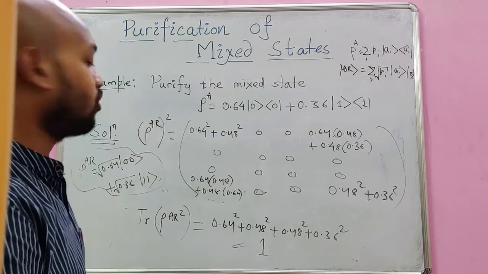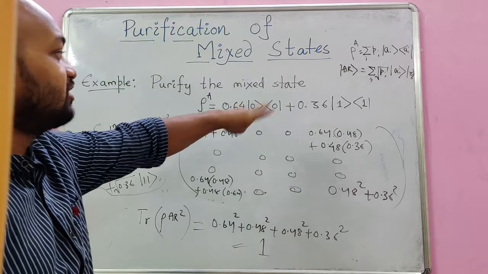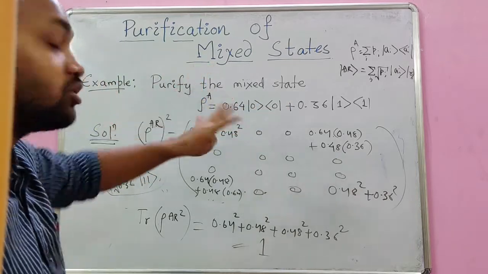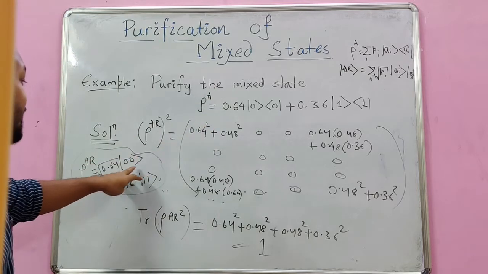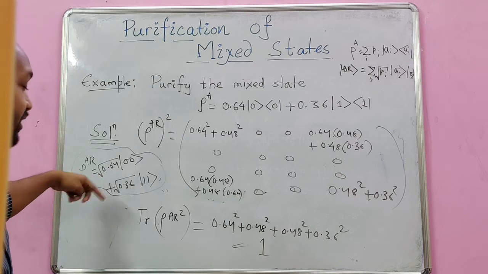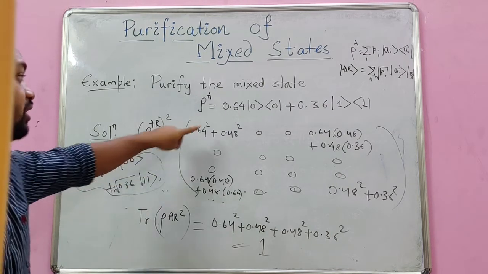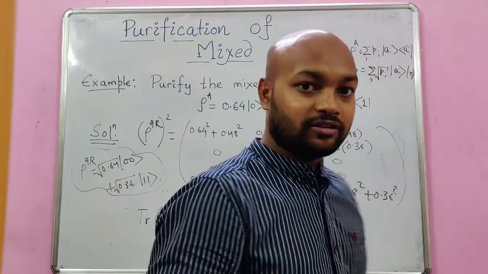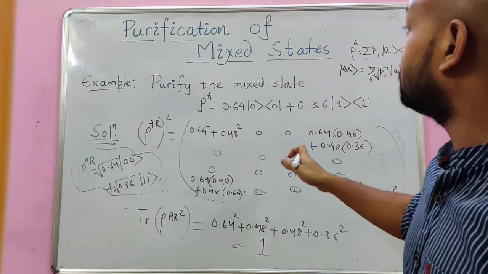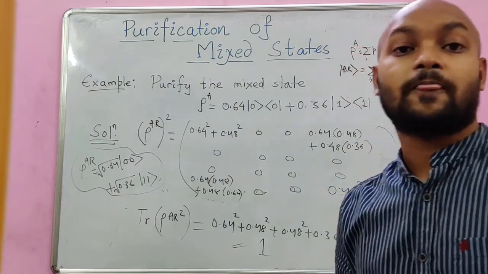So it's going to work. All you need is to look at the particular mixed state and see in which basis it is diagonalized, in which basis it looks diagonal, and then with the same basis you represent the pure state by taking a reference system and choosing your coefficients as the square root of the coefficients of the mixed state. Alright, so this is how we purify a mixed state and get a pure state out of it.